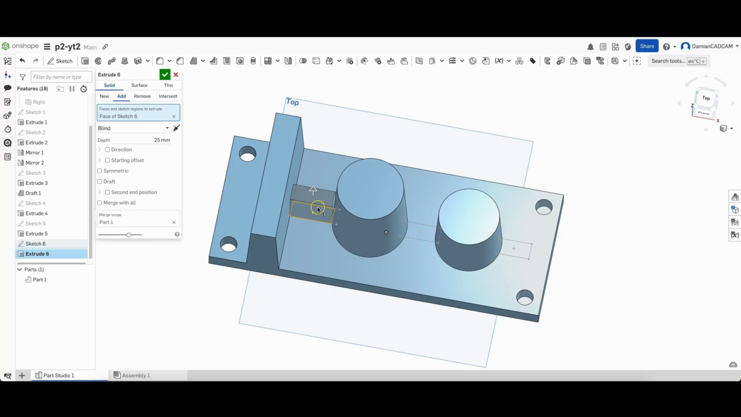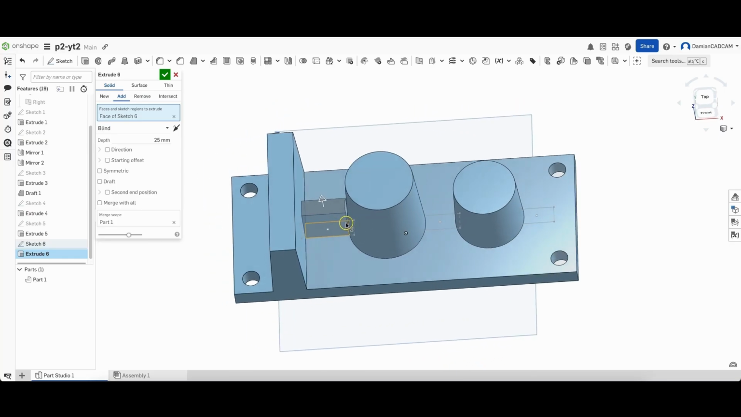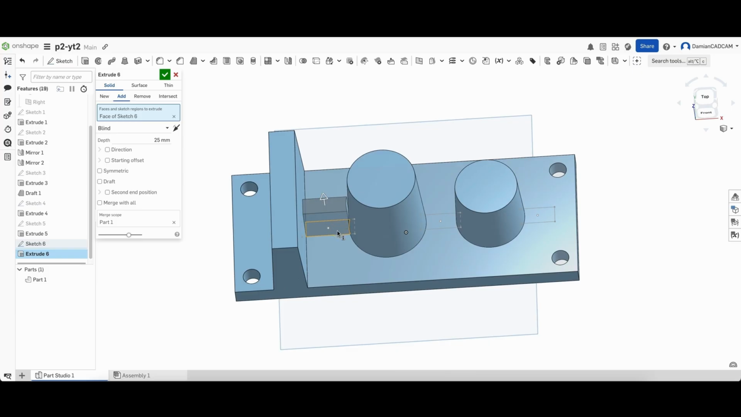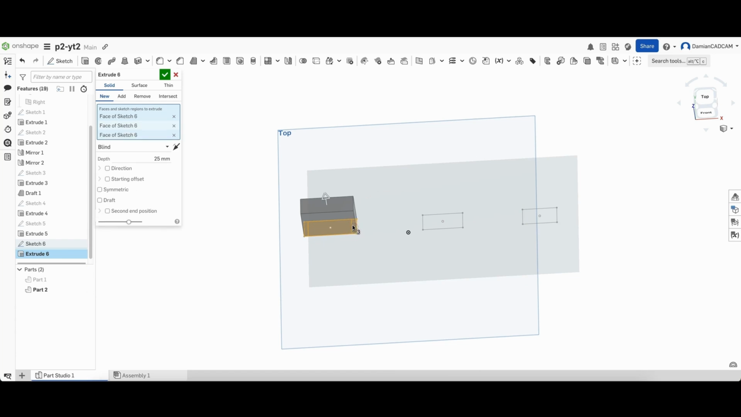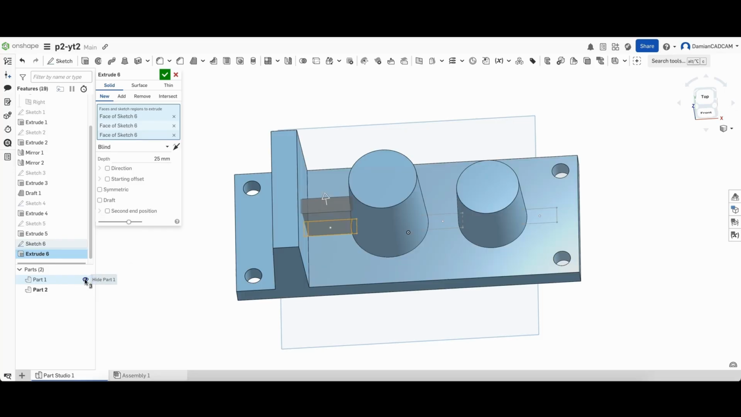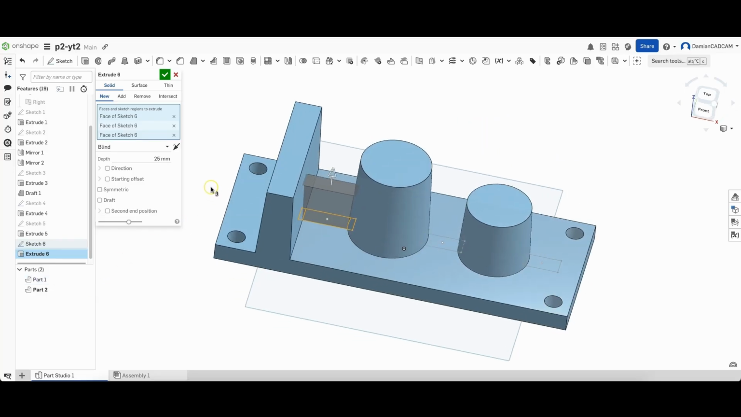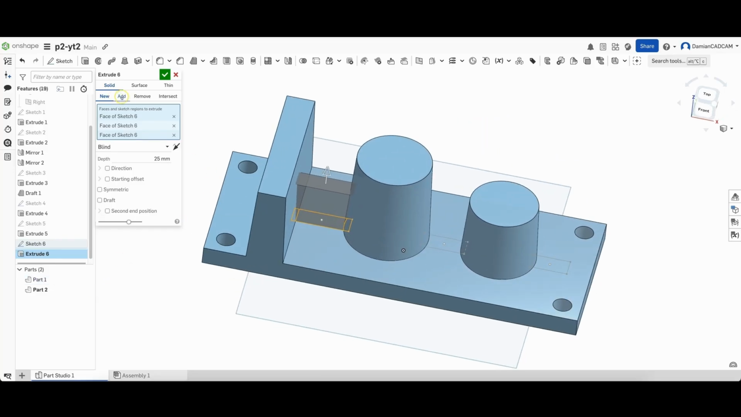Here I mark the areas based on which I want to create an extrusion, but as you can see, only this area has been selected, and based on this area, it won't be done correctly. That's why I temporarily turn off the visibility of the solid and select the other parts of this rectangle. Now I turn the visibility of the solid back on, and here, yes, I switch to the Add option,